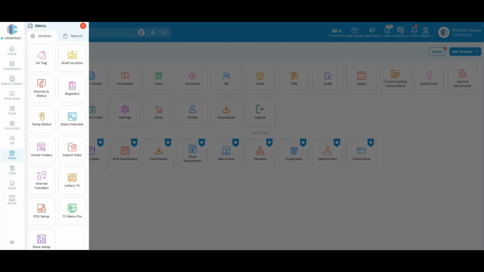The store module includes multiple features related to store operations, devices, products, displays, and customer-facing tools. In this video, we will begin with ESL tags. ESL stands for Electronic Shelf Label or Electronic Shelf Tag. This feature is used to connect an item in your back office with a physical ESL tag on the store